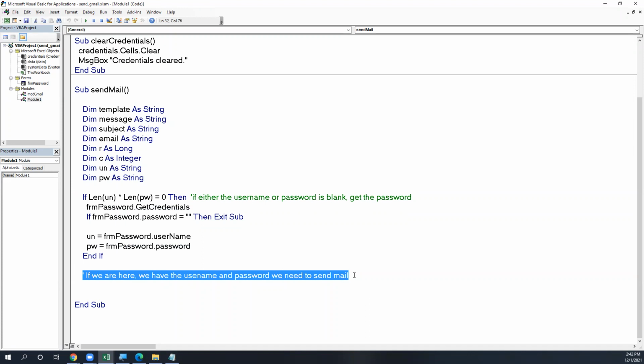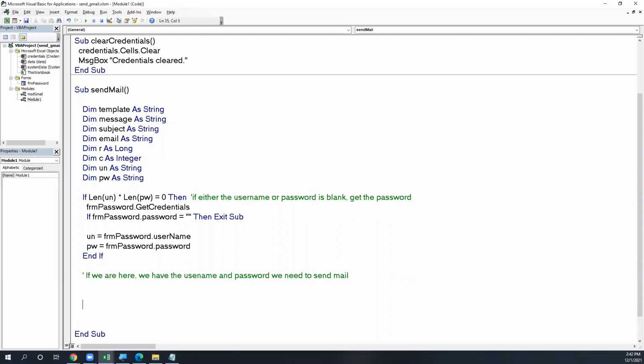All right, so let's talk about the process that we're trying to do. I think step 1 is going to be getting that template read in. So we're just working with a text file here. I'm going to go ahead and bring that in. So we've got a string variable called template, and I need to be able to get that value. So I'm going to open up that file as a text file. So open this workbook.path